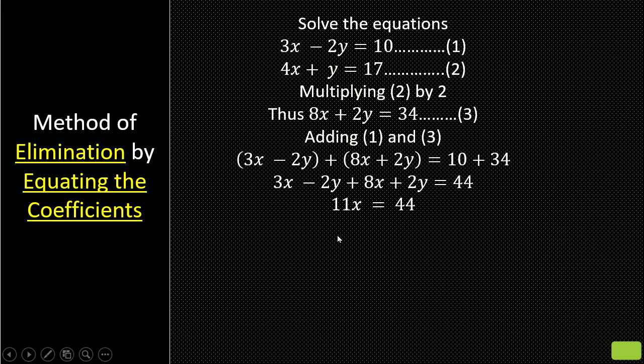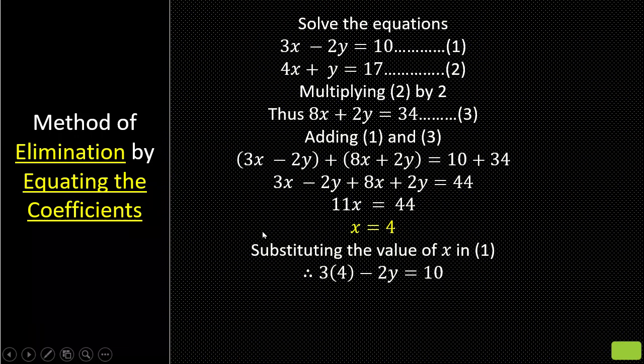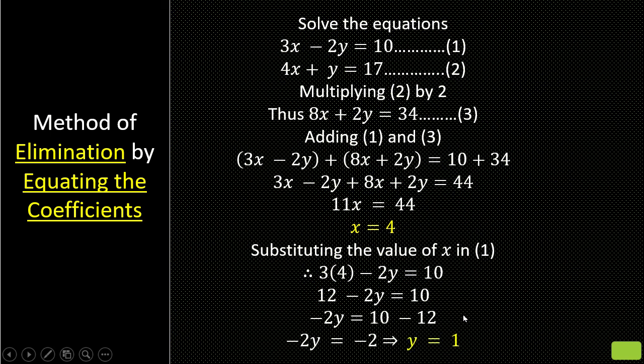And now we are finding this is a linear equation in one variable. So this one equation is sufficient to get the value of the unknown. So the value of the variable is 4. Now we will put this value in equation 1 or 2. We can choose any equation to put this value. So if we are putting this value in equation 1, 4 is substituted in place of x. It should be 3 into 4 minus 2y is equal to 10. If we are simplifying them, we are getting the value of y is equal to 1.